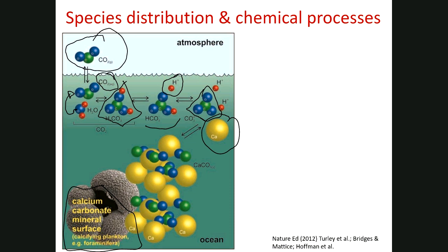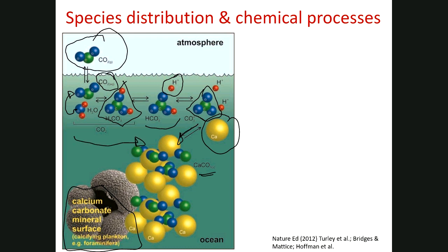For example, it is what helps calcify plankton, and it forms a mineral. So here it's coming out of the solution, out of the ocean, out of the water body in a solid state, and because it's coming out in a solid state, it is pushing the equilibrium